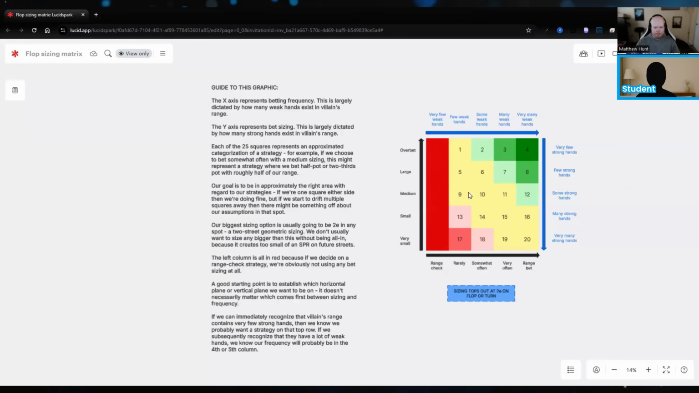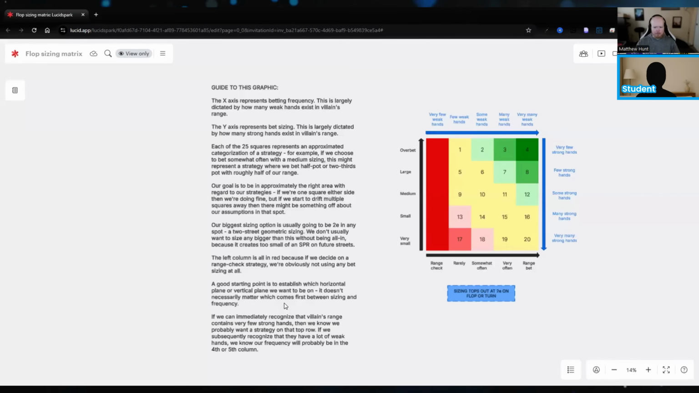We can pick one first and say, okay, how many strong hands does my opponent have? How many weak hands? And I can go from there. Whichever one is most obvious, we can then start to narrow it down. So if we recognize that our opponent's range contains very few strong hands, then we know we're probably